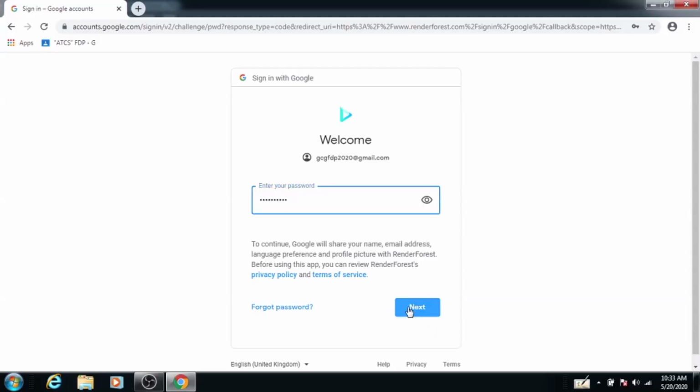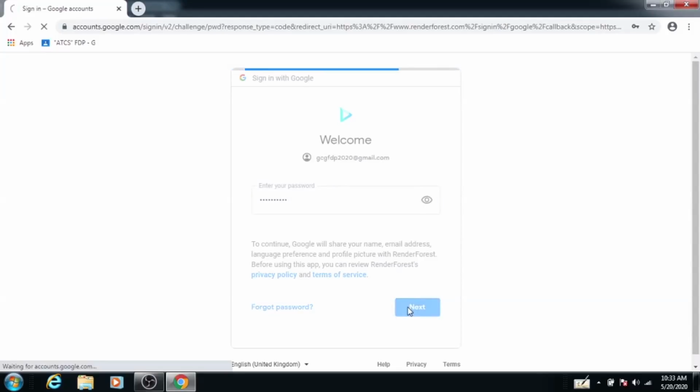And write the password. It takes some time for login. It depends upon your internet speed.